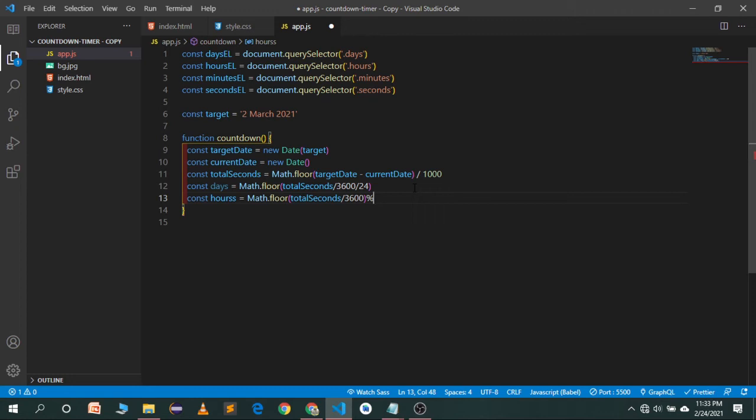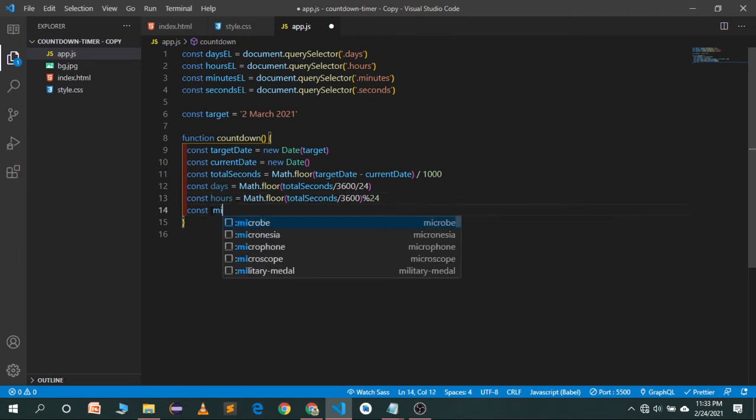I think we will use 24, not 34, it will be 24. And for minutes we will use 60, Math.floor